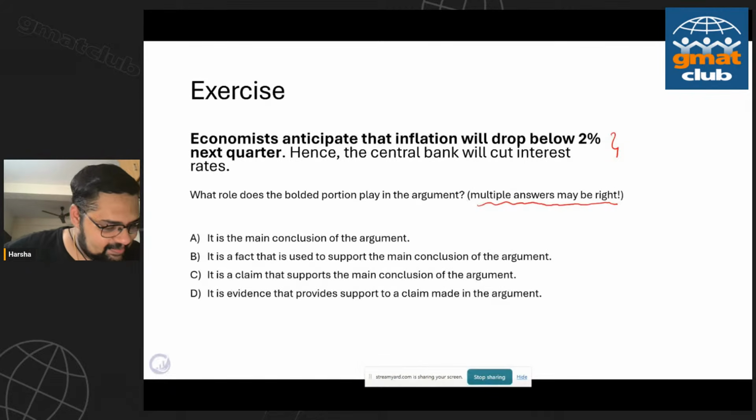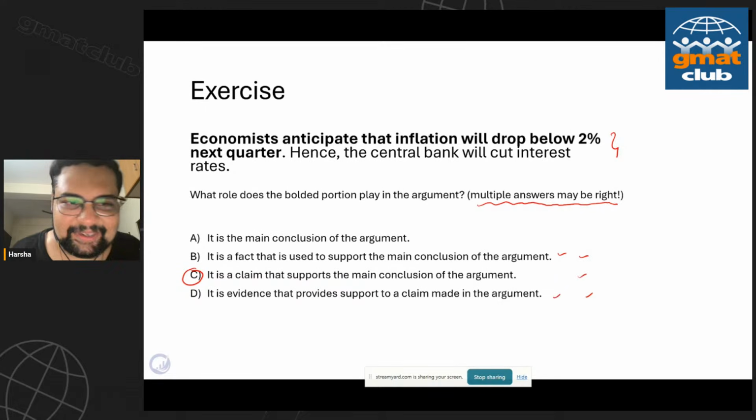B and D. Okay. Now I see a few more compound answers. There's B and D. A lot of us say it's only C. Okay, that's clear. Some of us say B and D. Some of us say B, C, and D. So now, there's a lot of variance in the answer choices. Good. B can also be true. Great. But I can see that in the initial round, a lot of us went for C and only C.